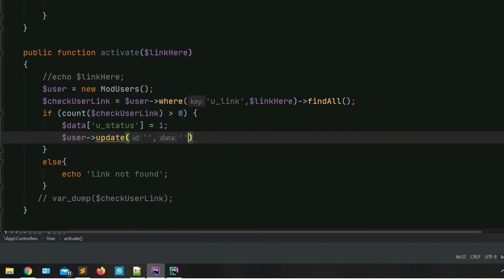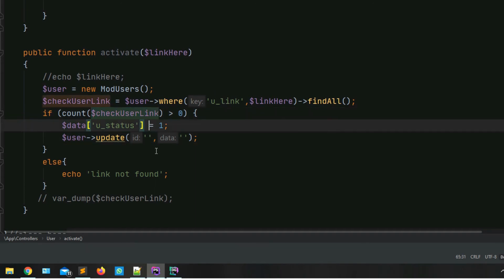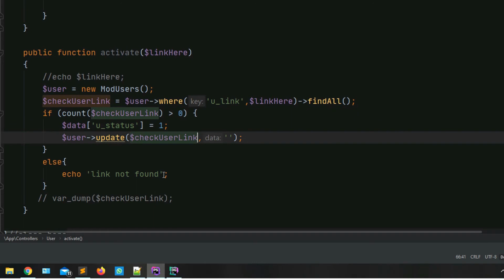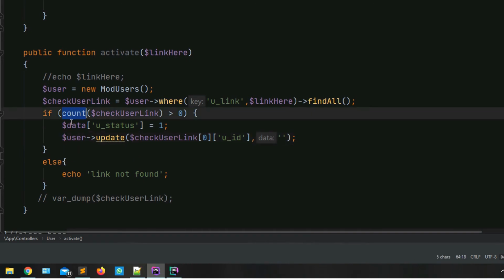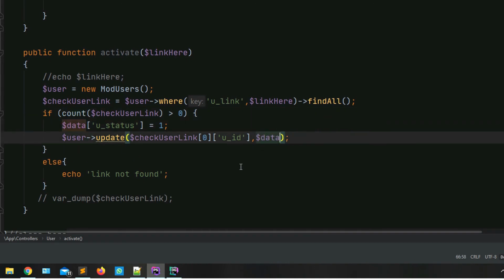It takes 2 parameters. First of all, the ID, so the ID of the users, because you are receiving the values here. So I'm saying count, so this is the UID and the data is this data. You are just updating the data. Okay, so I'm saying activate user, and now I'm saying